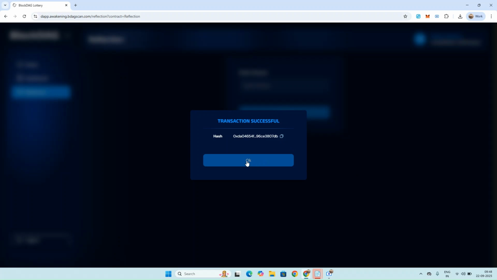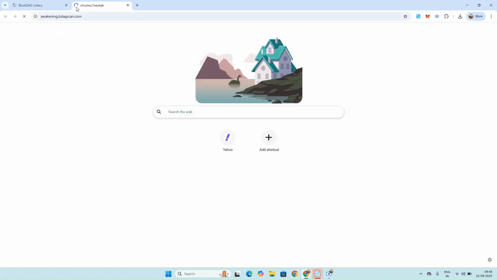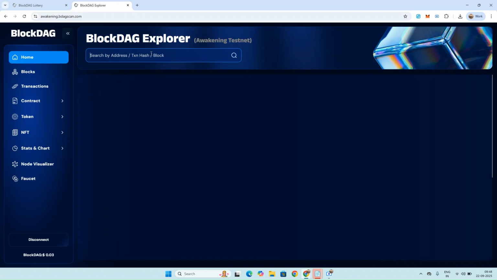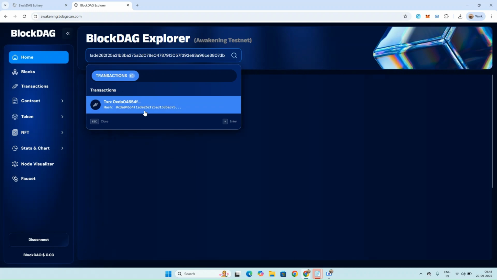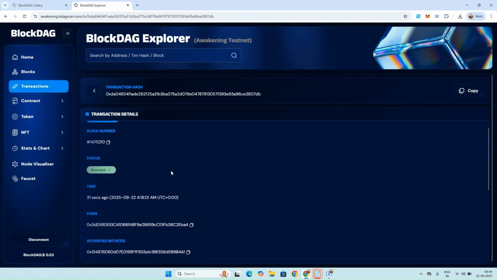We can similarly copy the address and check it on our Explorer as well to verify the transaction. You can see this is our transaction.